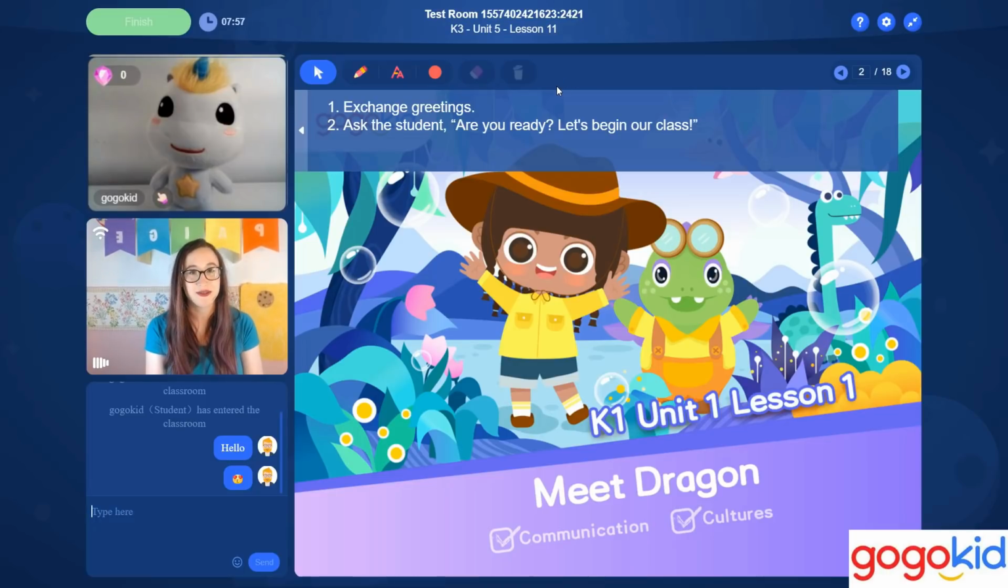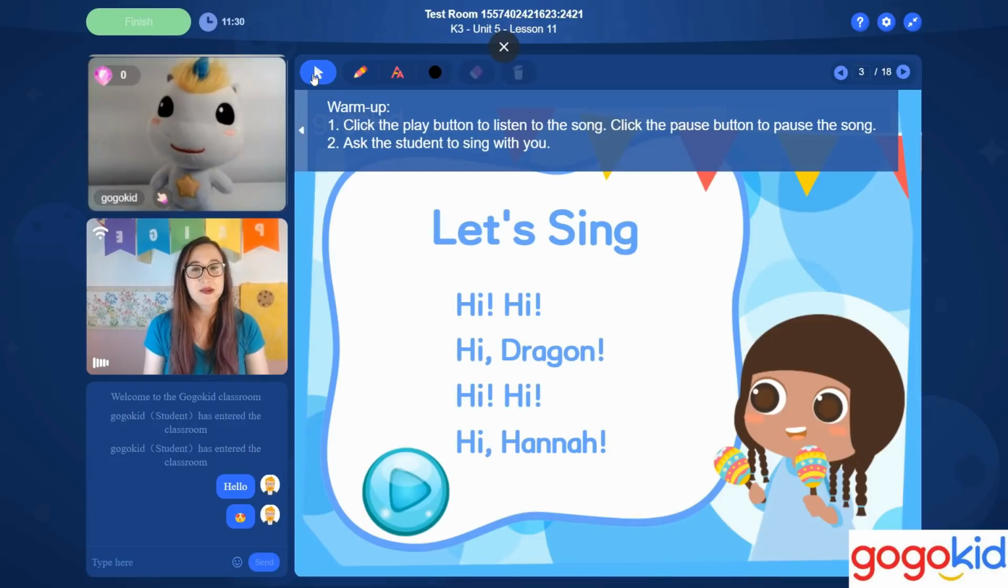Now moving over to the toolbar, you will see the tools are similar to tools you've already been using in your Gogokid Classroom. In the toolbar, you will be able to use the pointer, pen, text, color selection, eraser, and the clear all button. The pointer will allow you to interact with the interactive features of the classroom. I can click the song,